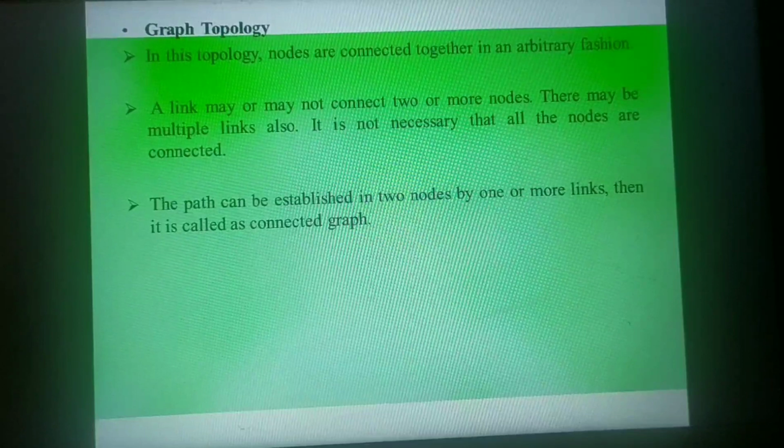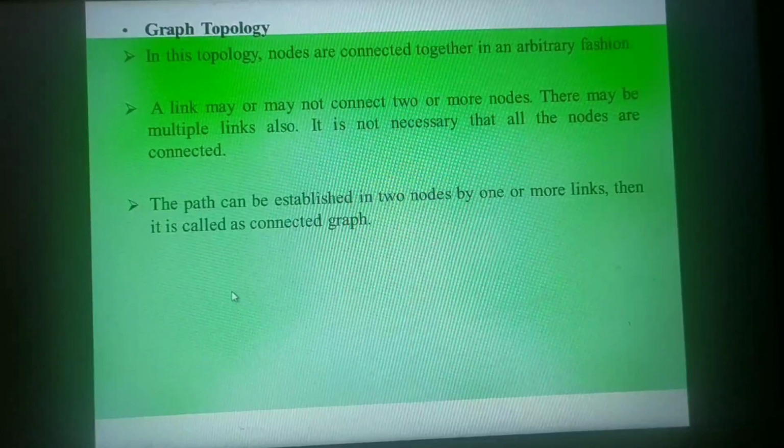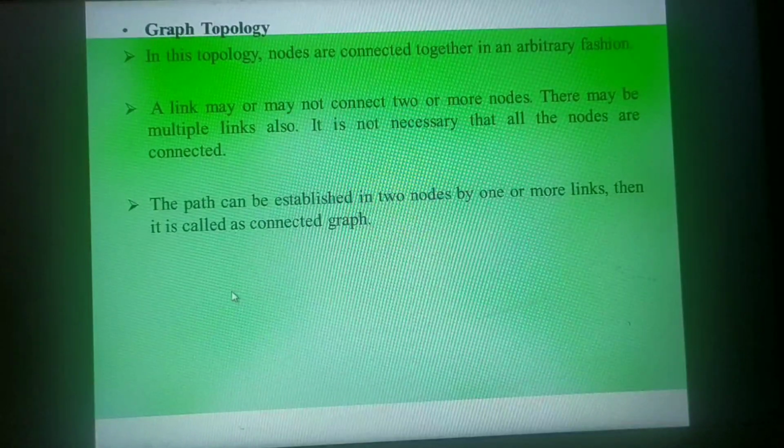Arbitrary fashion means they don't have a specific layout, like we have for the star topology, bus topology, or ring topology. We have a certain layout for the tree topology, but graph topology doesn't have any kind of layout. The nodes are just randomly connected to each other.